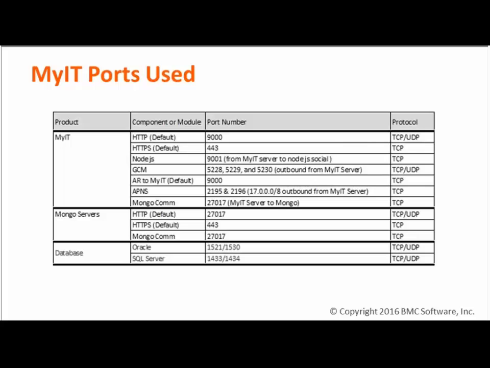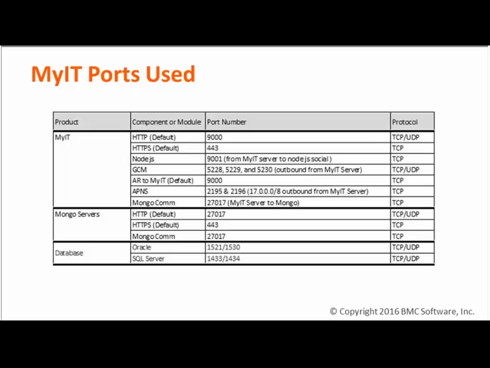The next one is for the Google Cloud Messaging integration for notifications. So if you are using this particular capability, you need to make sure that 5228, 5229, and 5230, these three ports are enabled outbound from the MyIT server to the internet, where it can send these notification messages to Google